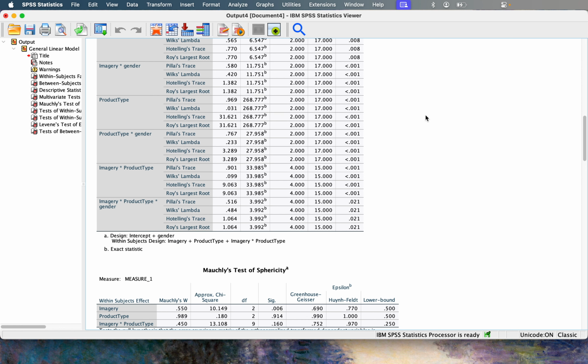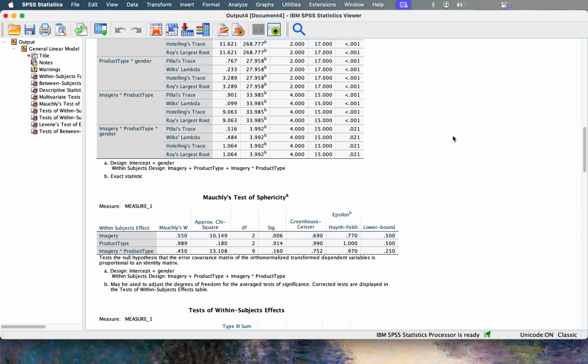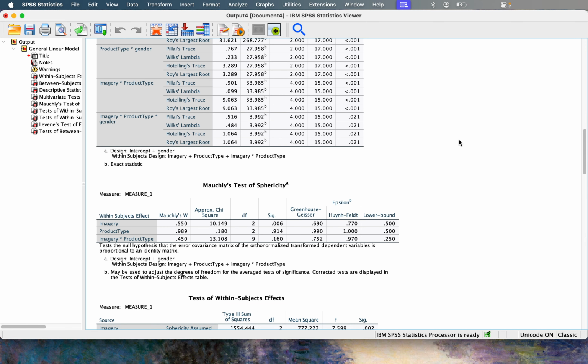Now we're going to move on to Mauchly's test of sphericity. Sphericity tests whether the variances of differences between levels of repeated measures are equal. This is a key assumption for repeated measures ANOVA. It's very important. If it is violated, the results may inflate the error rate. I can't remember whether it's type 1 or type 2, but I know if violated, it does inflate a type of error rate. All right, so here in our key findings, we can see